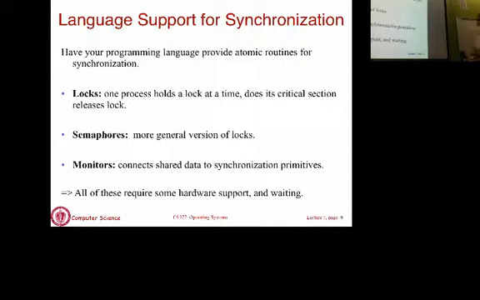Instead of a room, we'll have a piece of code. Okay, that's called a critical section. So to execute that critical section, you have to first try to get a lock. And the definition of a lock is that only one thread can get a lock at any given time. The lock is either free or in use. If the lock is in use and another thread tries to get it, it will be told the lock is in use, wait. Somebody else is executing the critical section, wait. The lock will give you this property. Okay? And then we'll see how to implement our solution using a lock. Yes, you can do the same thing with semaphores and monitors.